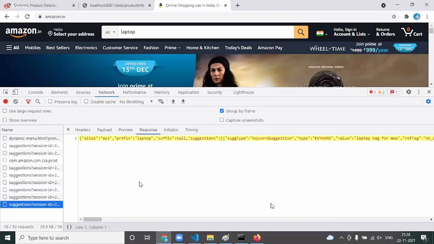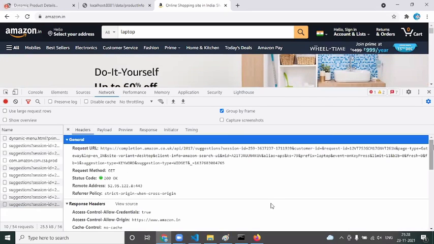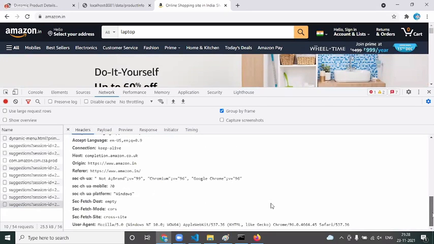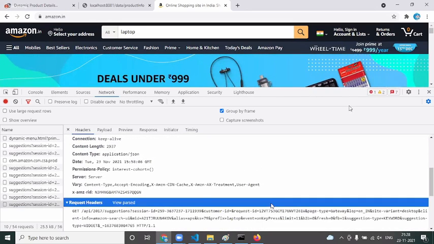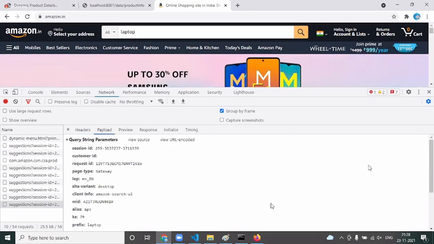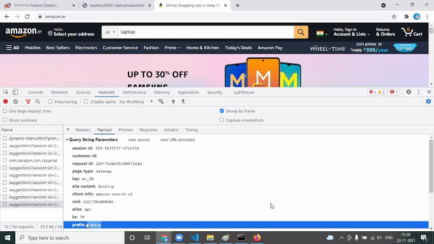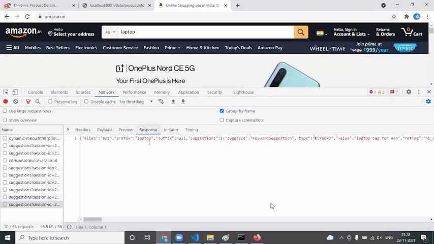call. Whatever response you got, these are the headers, what actually has been passed as the request. When you're putting the request, this is the request that has gone. Preview, sorry, payload is the request object, what you have sent. What is the keyword the user has passed? Laptop. What is the response the server is throwing? Is it not throwing a JSON object? Under that JSON object, you will see all the keys, whatever you see on the page.